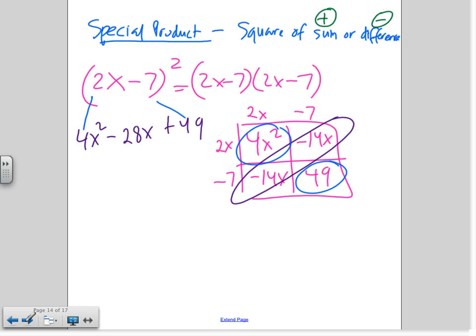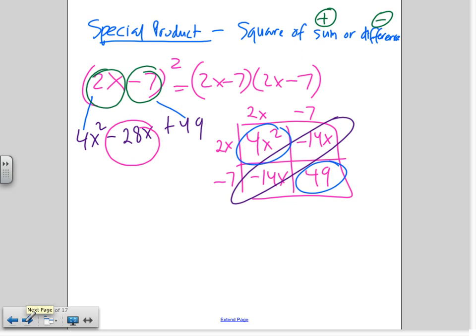So basically, this is what you're saying. Do you notice that the pattern says this? You can certainly get the first term and the last term easily by squaring the binomials, right? 2x squared is 4x squared. Negative 7 squared is positive 49. That's easy. The middle term, however, takes a different turn. He said, take the first term and multiply it by the second term. 2x times negative 7 is negative 14, and then you said to multiply the whole thing by 2,